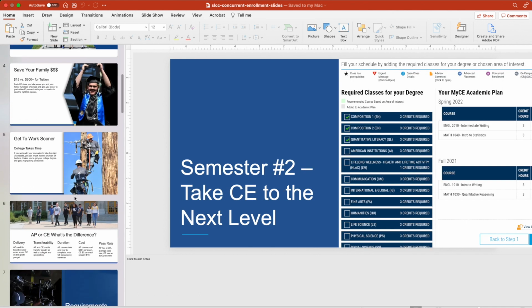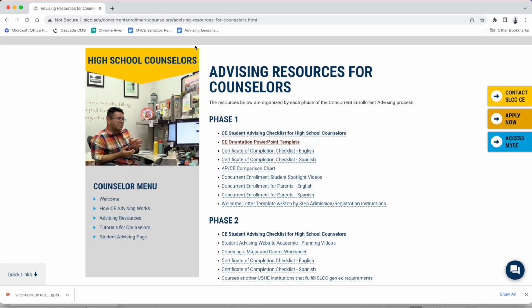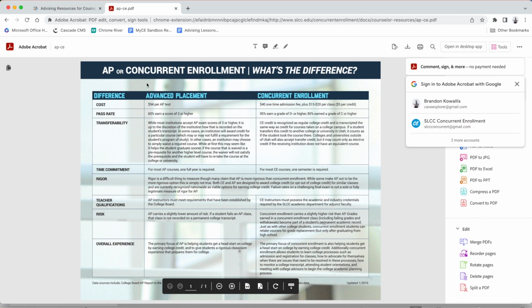So for example, if I come down here to the slide that talks about AP and concurrent enrollment, you'll see underneath in the notes and the resources is a link to the AP CE comparison chart, which you can hand out to students and goes into greater depth into the differences between AP and concurrent enrollment. So let's select this, copy it over into our browser, and there we have the AP CE comparison chart. And you can take this, print it out, and hand it out whenever you're doing the presentation